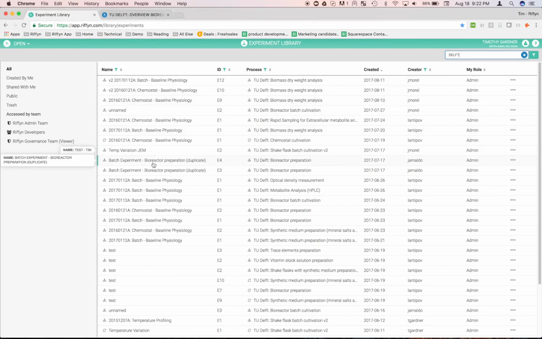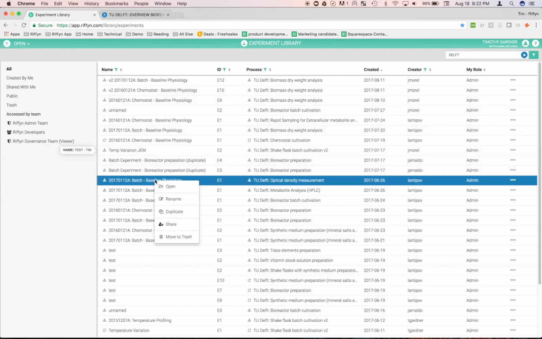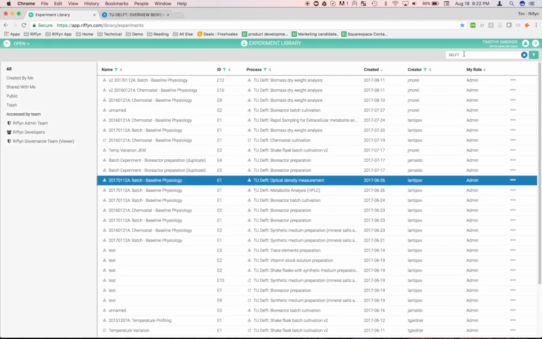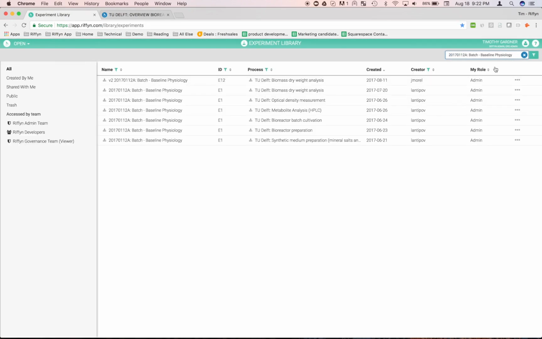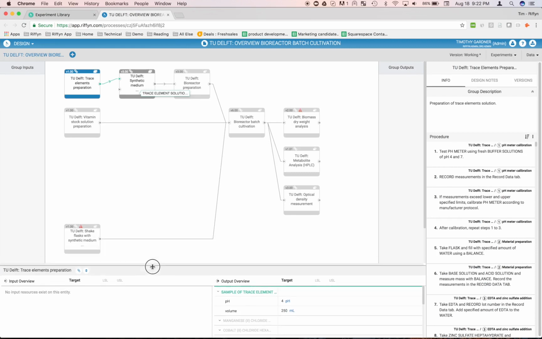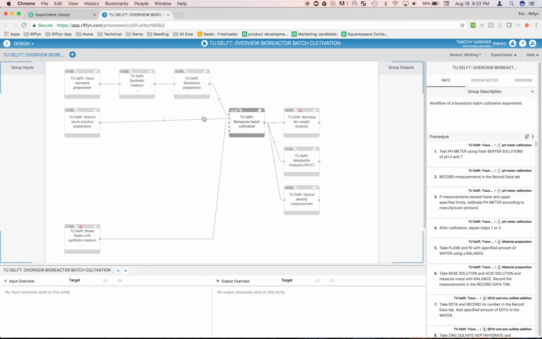So these are the Delft experiments. We actually want this one here. I'm going to grab the name of the experiment and search for that. What you're going to see here is that we've got a set of experiments similarly named across multiple different processes. These individual processes are actually all linked up according to this master process. So we have the synthetic medium preparation, the bioreactor preparation, batch cultivation, dry weight, metabolite analysis, and optical density analysis,